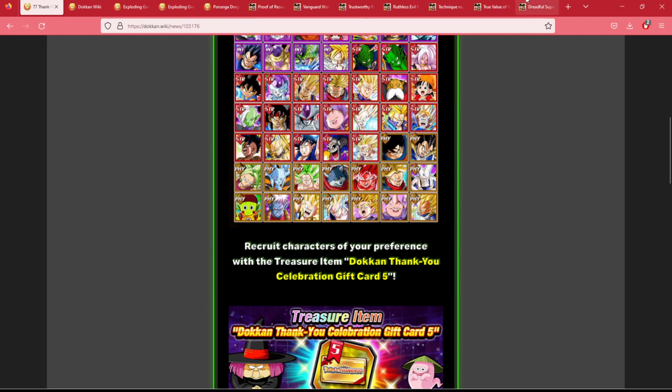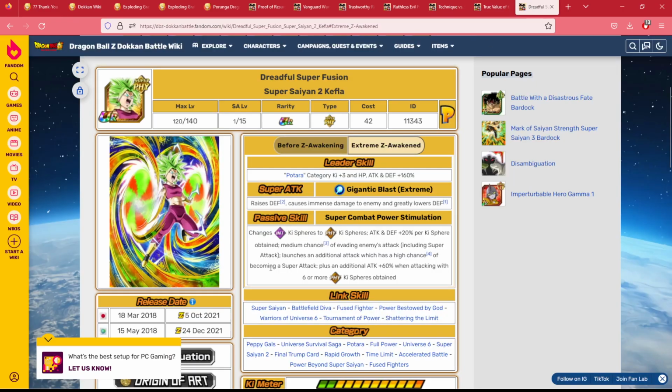She's definitely the Fizz unit I would recommend out of all of them because she is an infinite defense stacker. She's an orb changer. She can dodge. She does it all. Highly recommend picking her up if you do not have her because she's insanely powerful. She is a 160 for Potara, which is